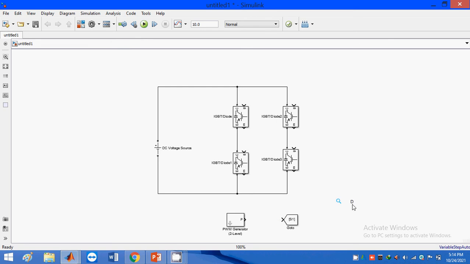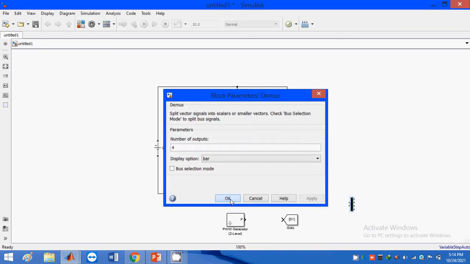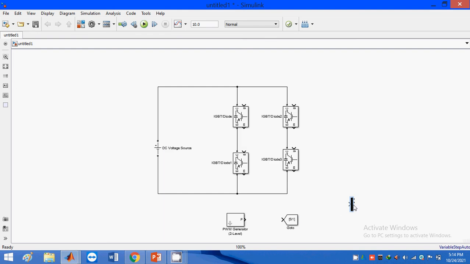Search for demux. Why? Because we require 4 terminals now. Here we are generating 4 different signals. So connect this terminal to this terminal in a similar manner.